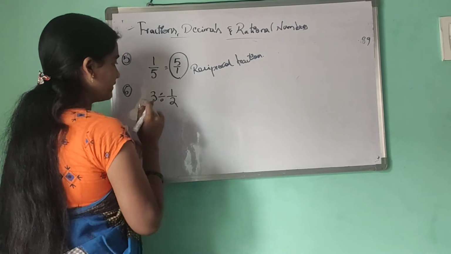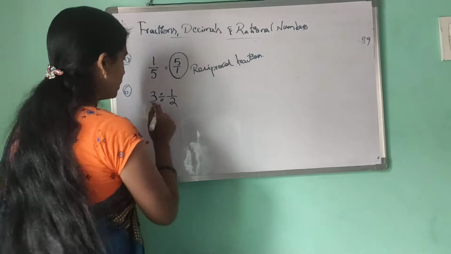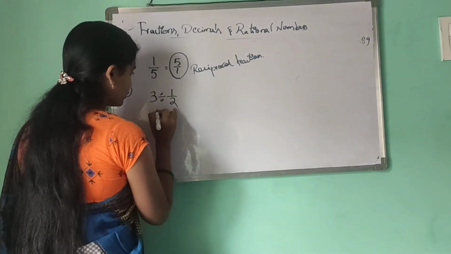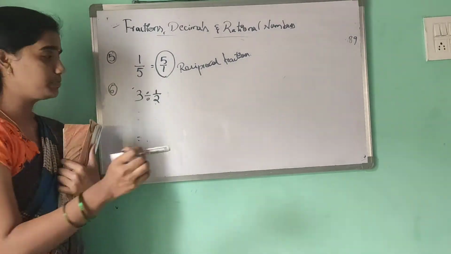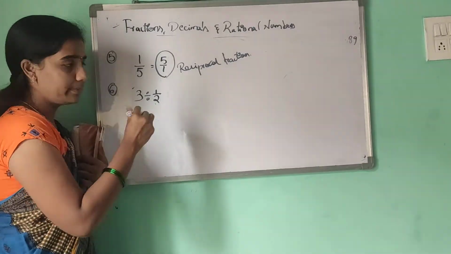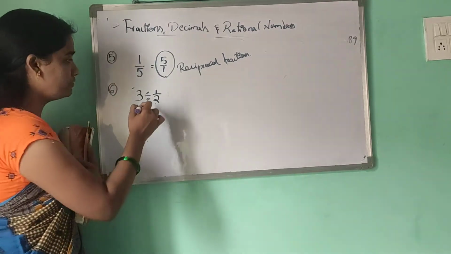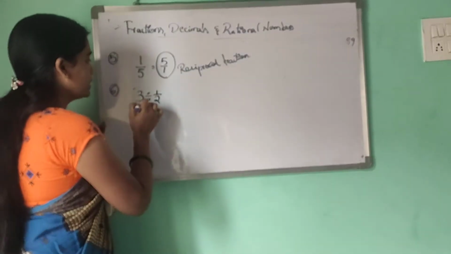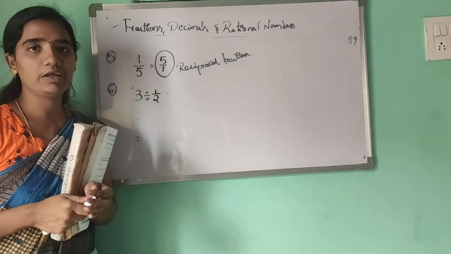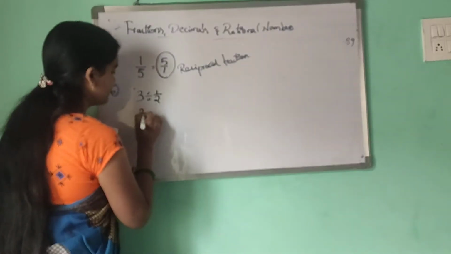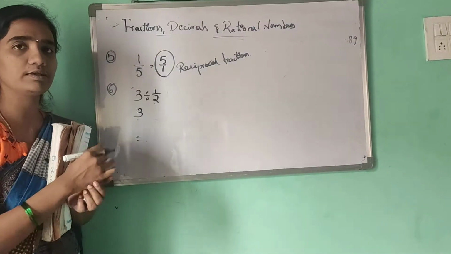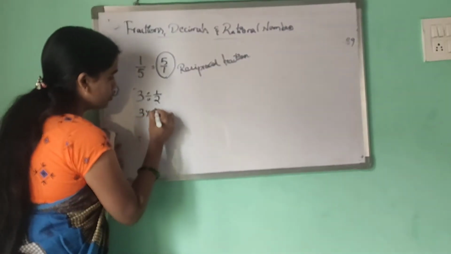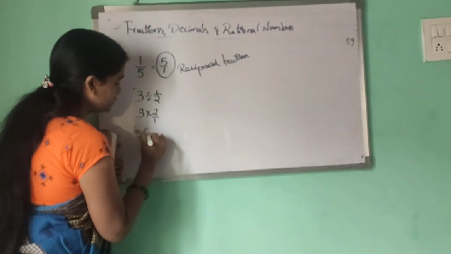How to divide? So here I am taking an example. I will explain clearly. 3 is the whole number. 1 by 2 is a fraction. Which process are we doing? Division. While 3 is divided by 1 by 2, here we can write the 3 times the reciprocal of 1 by 2, which means we have to multiply. So 2 by 1. Answer is 6.